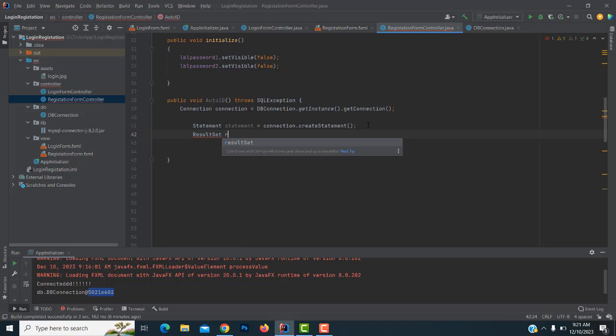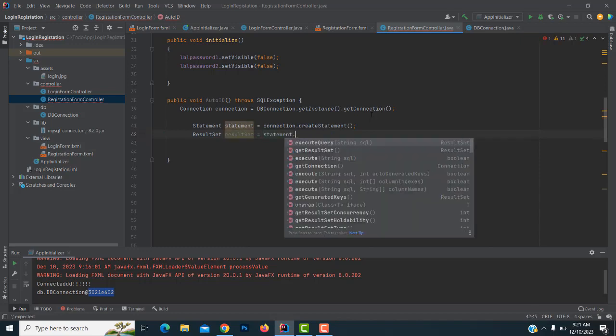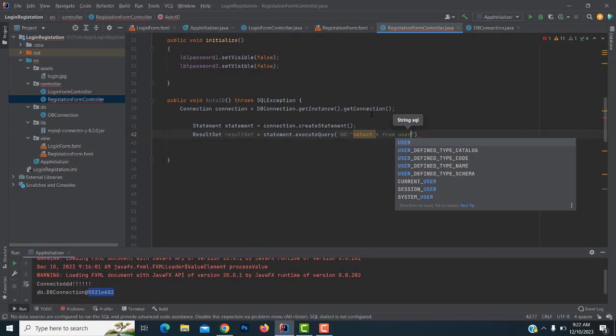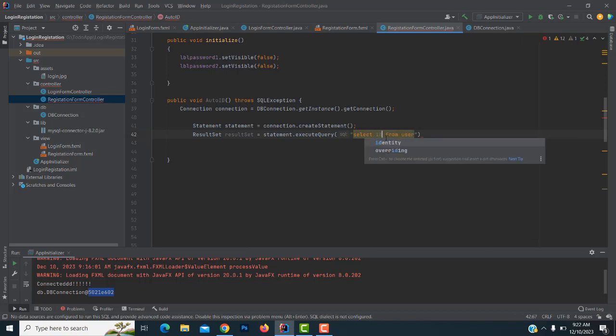You have to get the result set object equal the statement dot execute query. You have to write select all from user table. Select not all. This is your auto ID generator. Select ID from user table